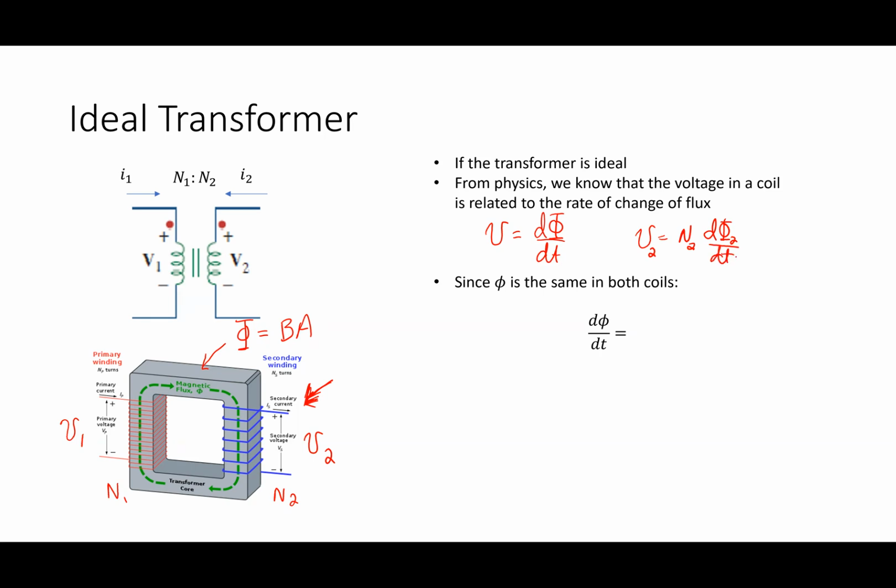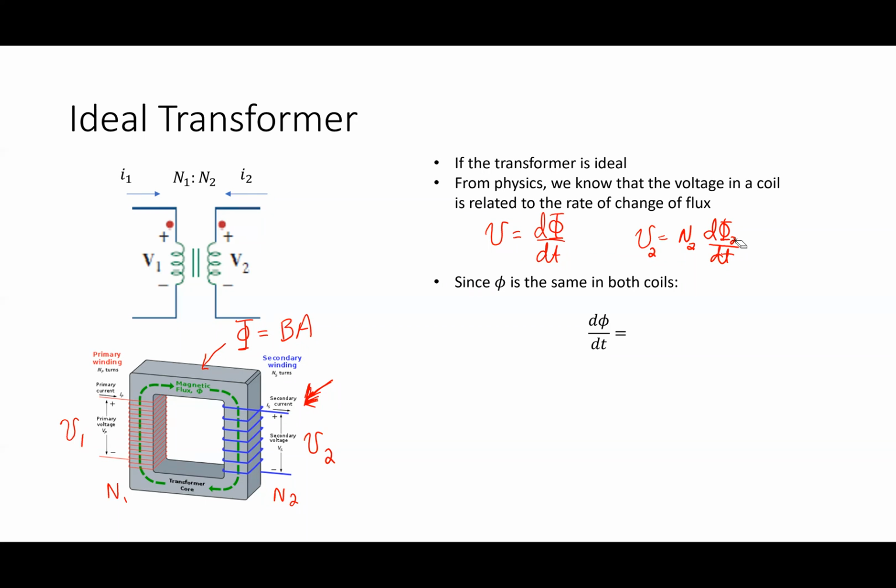Isn't there supposed to be a negative in there, like Lenz's law, I think it was called? It all depends on how everything is set up. If I have set up my coils the way I've set them up here, then it'll be basically what I have here. All positives. I'll talk about that in a second because these dots get at your point. We don't like having to think about that whole Lenz's law thing, but Lenz's law comes into play when I have to think about where the flux is coming from relative to the way the coil is oriented. We're always going to orient it so there's no negative sign.